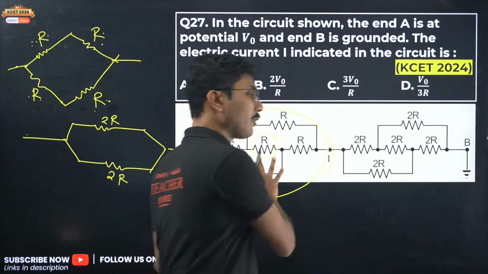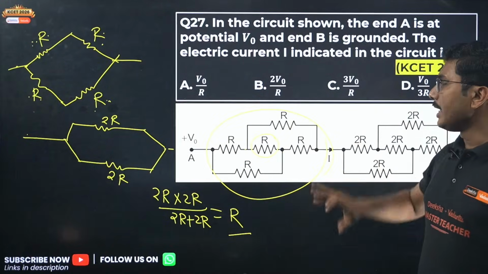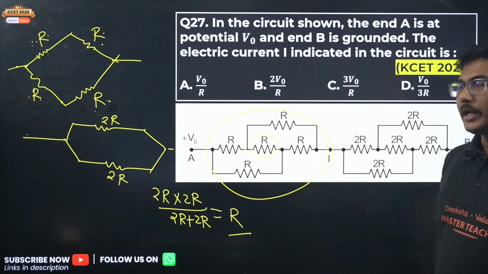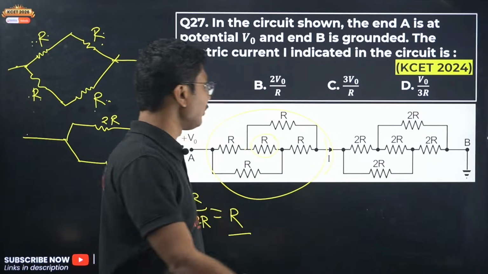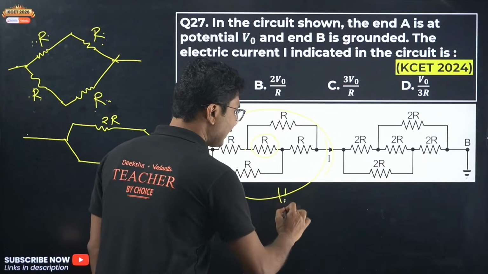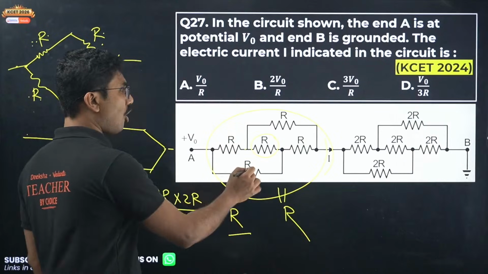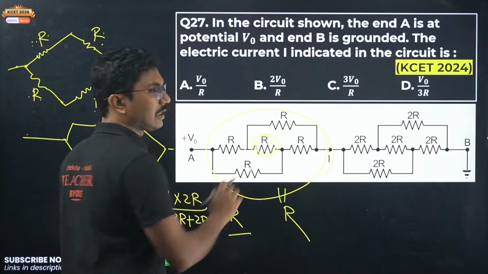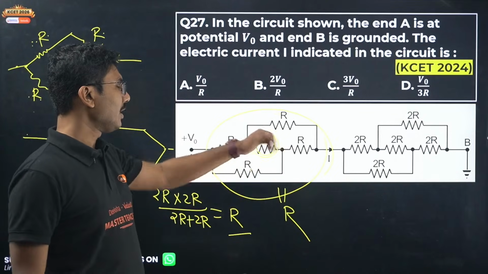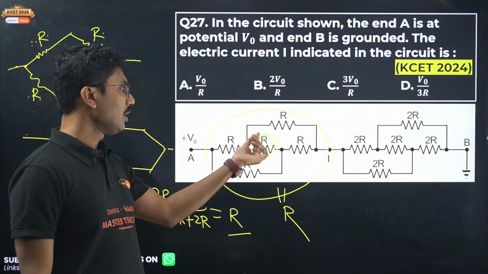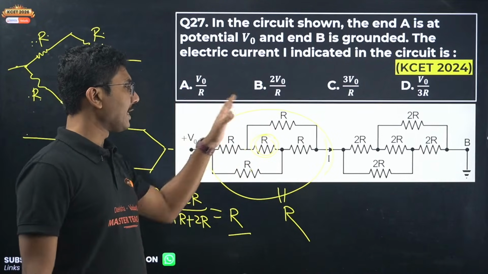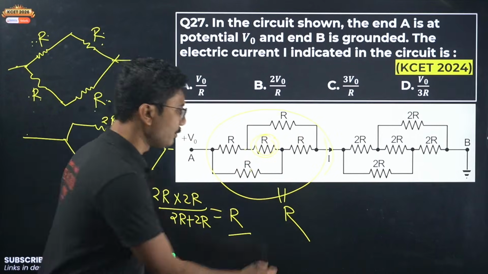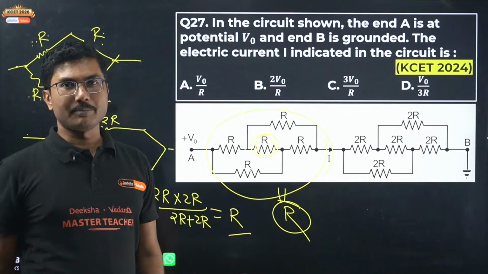Now I am just giving you a hint: in future, if you see a similar diagram with all resistances the same, then you don't need to do any mathematics. You will know this is a balanced Wheatstone bridge, and its equivalent resistance should be R. All resistances are the same except the central one, which does not matter, because it is the galvanometer portion and will be removed anyway. You don't need to think anything else.